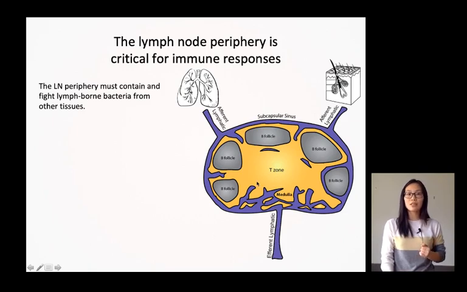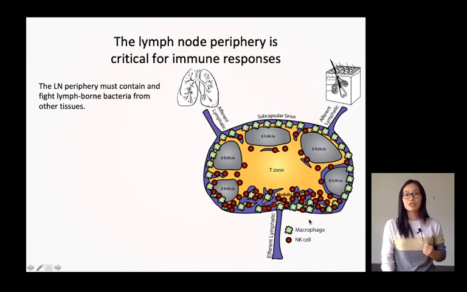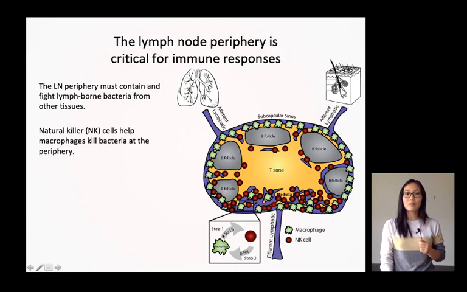Now, when a pathogen enters, how does the lymph node protect itself? There are actually macrophages, shown here as these green squiggly cells, as well as NK cells, these brown cells, that are sitting at the periphery of the lymph node. And when a pathogen comes in, the macrophage gets activated very rapidly and secretes a cytokine called IL-18. This IL-18 signals to the nearby NK cells that then get activated and secrete their own cytokine, interferon gamma. It's this interferon gamma that can communicate with macrophages to upregulate microbicidal activity and thereby help control the pathogens within